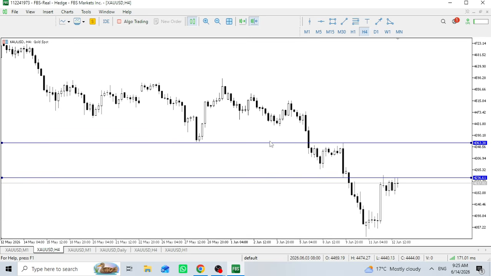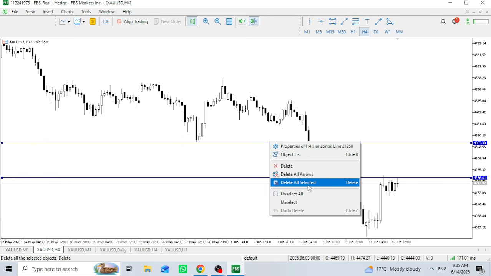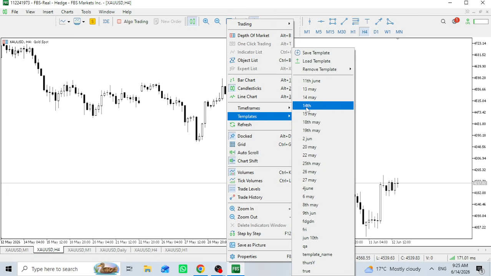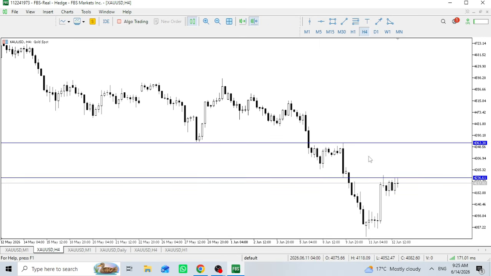Even if I delete this, this way, I will try to save it. I'll come here and click 14th. It will bring back my two lines even if my laptop went off. So you don't need to start analyzing again. So that's the best way you can keep your data. After you analyze, you save the chart that way, and you save with the date of the day for easy remembrance. That's how you do it.